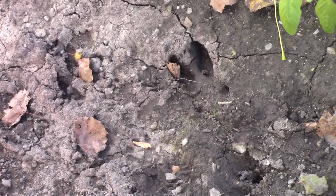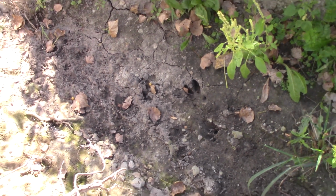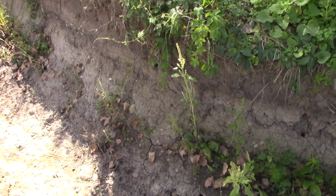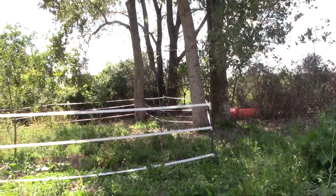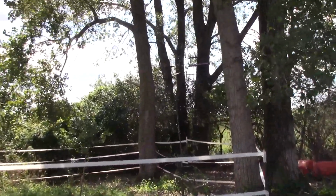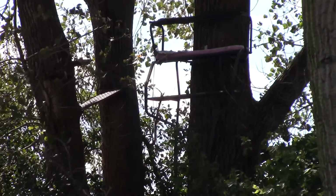About 15 years ago, I shot a 150-inch buck, and I was within 30 to 40 yards of them, and I walked right on the downwind side of their bedding area, snuck up into my stand. I know that they were within earshot, but I think that just a slow approach, and if I make myself sound like a deer walking through the woods instead of a human being just clomping through the woods and cracking every stick and breaking every branch on the way, I think that was a huge consideration when it came down to that hunt, and one of the biggest reasons why I was successful